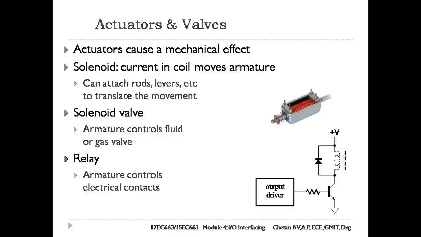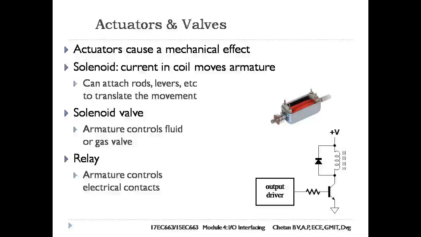In a digital system, the current in a small solenoid can be controlled with a transistor driven by a digital output signal as shown in the figure. The diode is required to absorb the voltage spikes that arise when the current through the inductive load is turned off. The direct mechanical effect of activating a solenoid is a small linear movement of the armature. Linear movement can be translated into variety of other effects by attaching rods and levers to the armature.